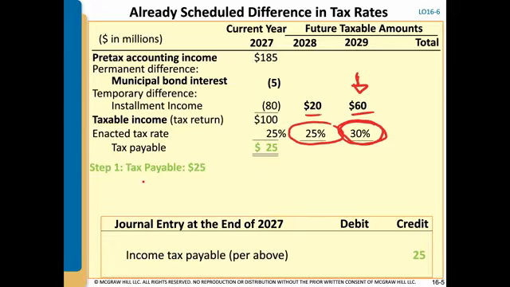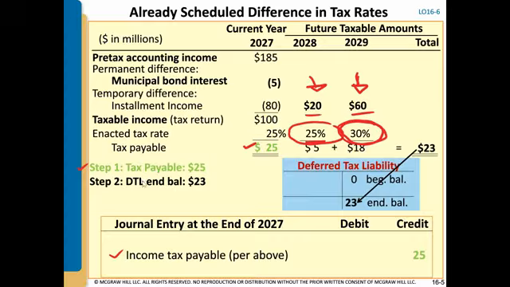Now, since in 2028 the tax rate will remain at 25%, we will record the portion of the deferred tax liability that will turn in 2028 at the tax rate for that year. So our calculation for current income tax payable is the same. Step one is taxes payable for $25. However, our ending deferred will be, we'll take the $20 that we will recognize as income in 2028 times 25%,